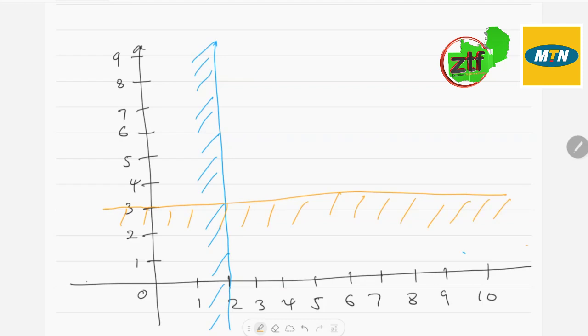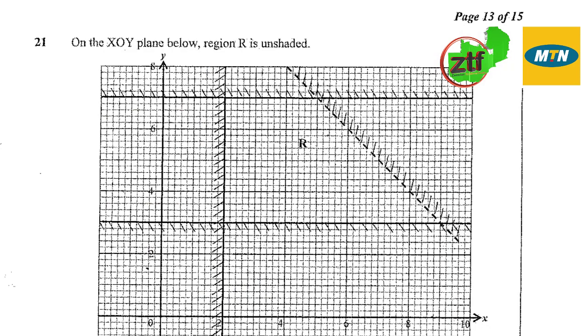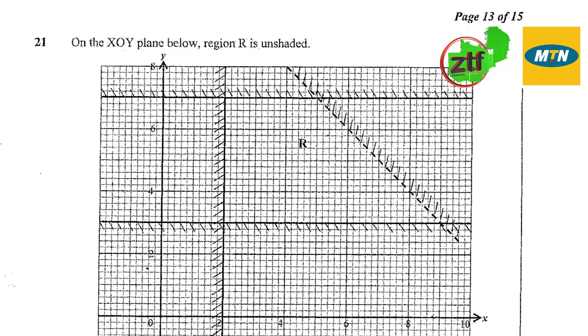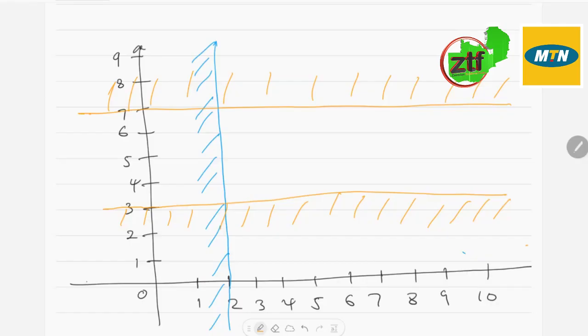Okay. Then we have another straight line, which is passing just at 7 in the y-axis, going like that, and it is shaded up here like that. Then we have a dotted line, which is another constraint, which is intersecting the line which is passing at 7 there at 5,7. So at 5,7 somewhere there, we have the point there. Then it is also intersecting with the other line there at 9,